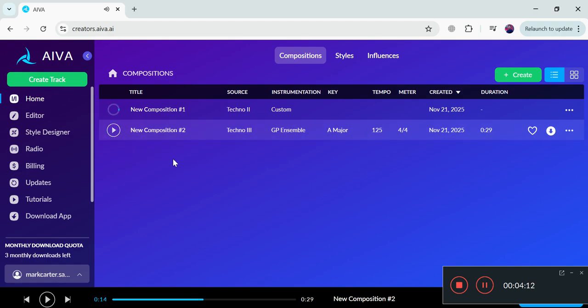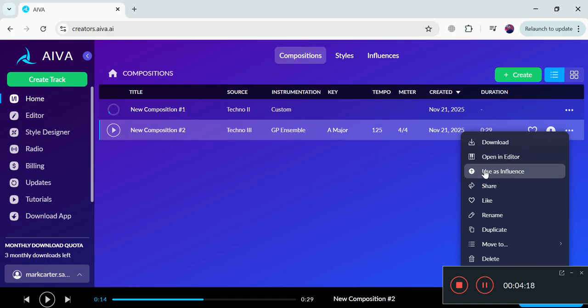So as you can see that this composition is amazing, but if you want to make more changes to the same composition, you can go to the 3 dots, and you can open in editor and make the changes, like you want to change the major or want to add a minor. You are getting my point. So in this way you can use the editor and make some changes as you want, and after that you can download this background music and you can use it in your video.